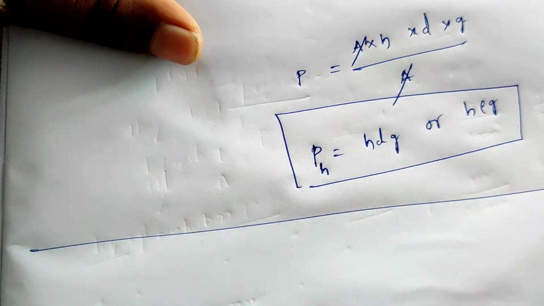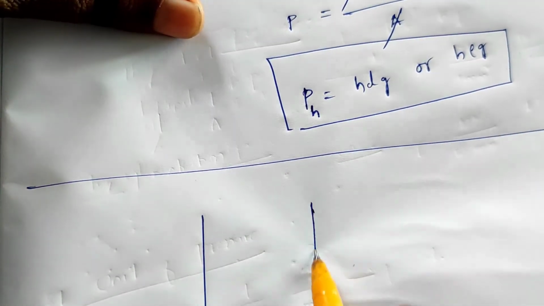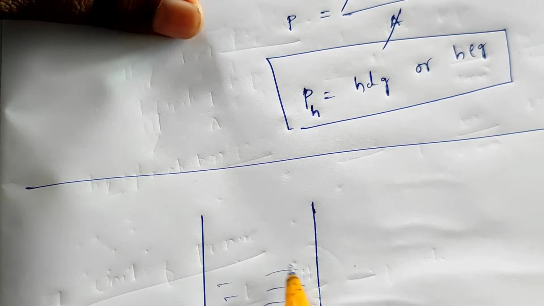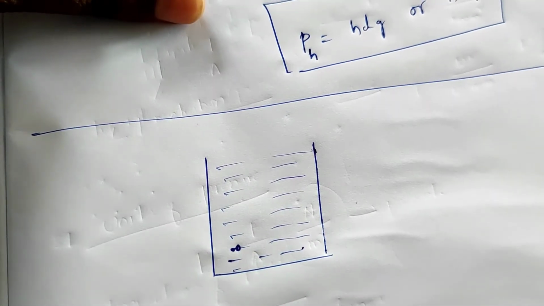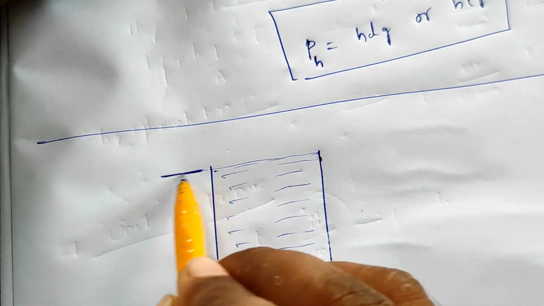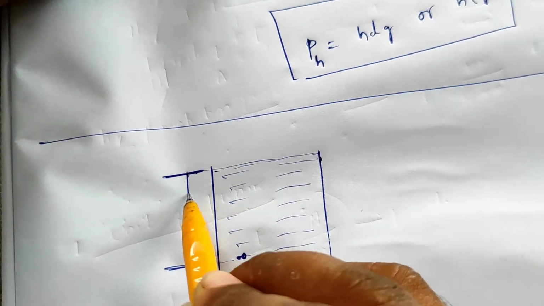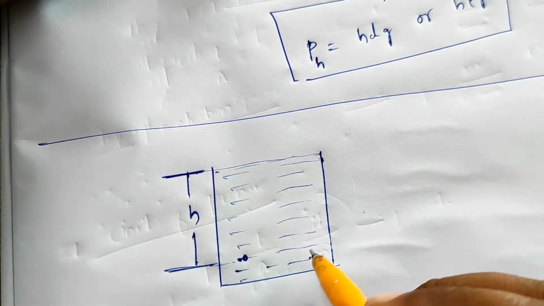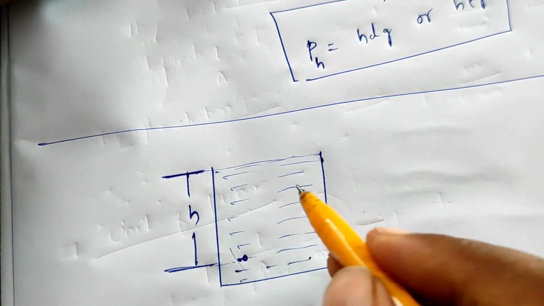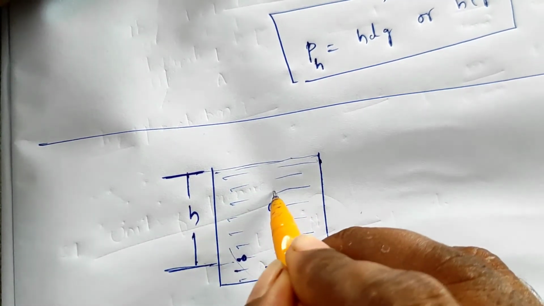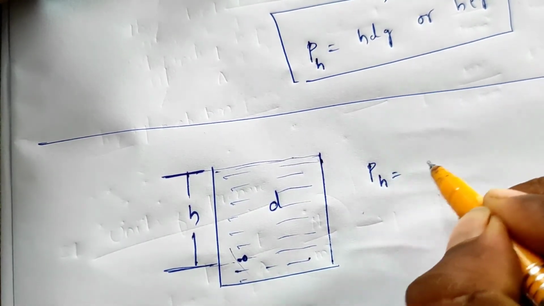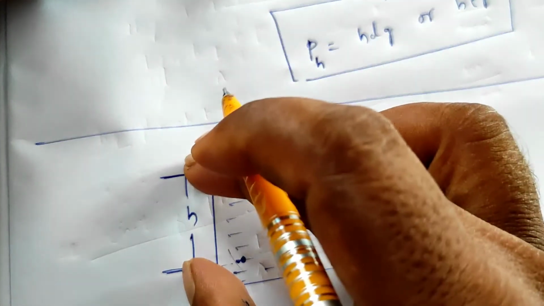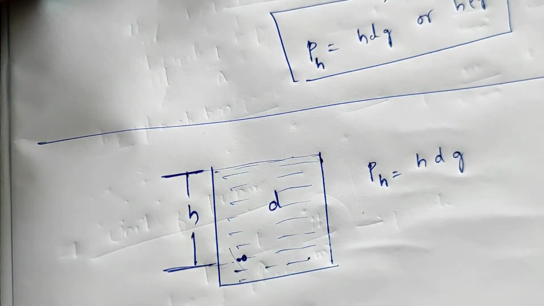Let me show you one example here. This is the same cylinder, filled with water like this. Now at this point, what is the hydrostatic pressure, if I ask? Simple: from the surface of the liquid to this point, we have to find the height. So this is height h, and what is the density of this liquid? If it is water, it is the density of water; if it is kerosene, the density of kerosene. So the density of the liquid times the acceleration due to gravity. So the pressure at this point is equal to h d g: height from the surface, times density and acceleration due to gravity.